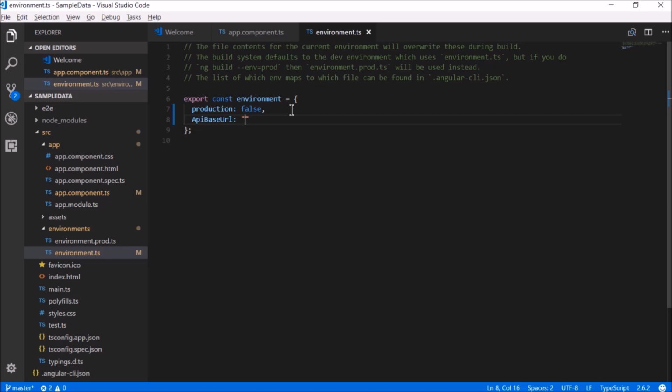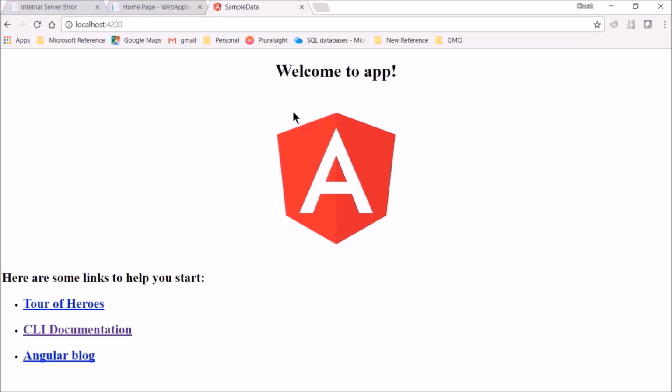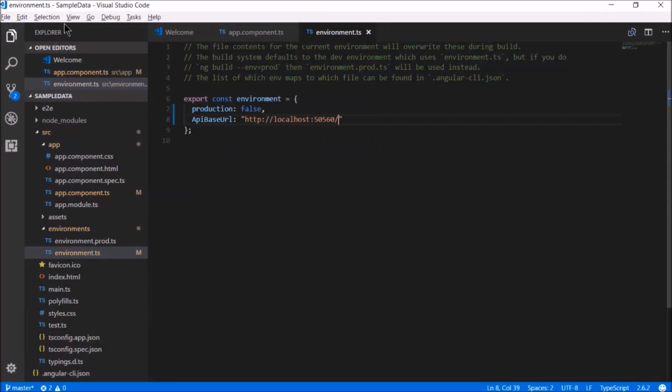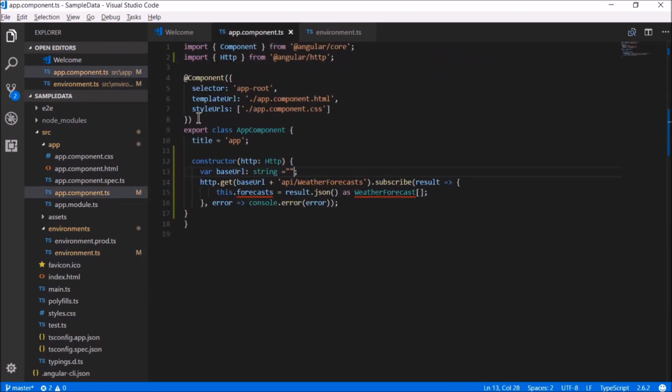So what is our base URL? It's this thing. And then here you put